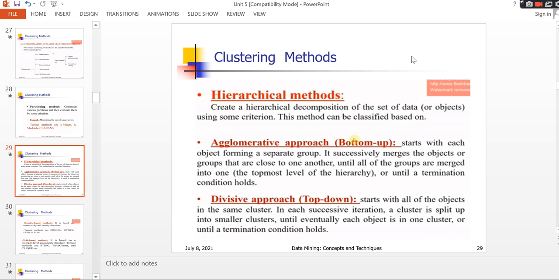If you divide and finally you get three elements, and those three elements are completely similar, 100% similar, you cannot subdivide those three elements again into 2 and 1. Then that is the termination condition, and you have to stop. If any distinguishing property is there, then you have to again divide those three items into two clusters. So that is the divisive approach, the top down approach, from top to bottom.